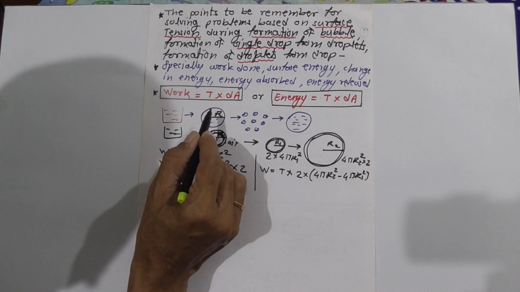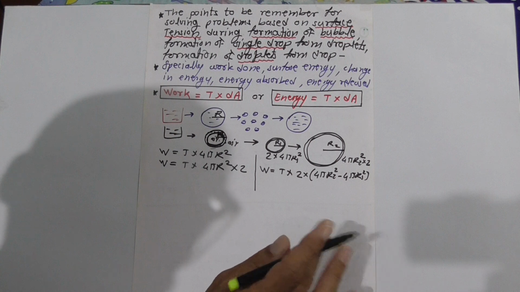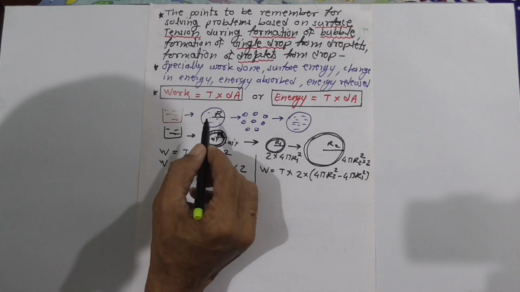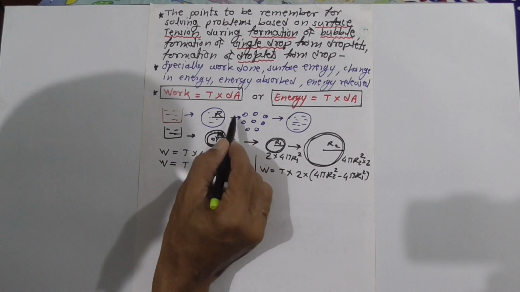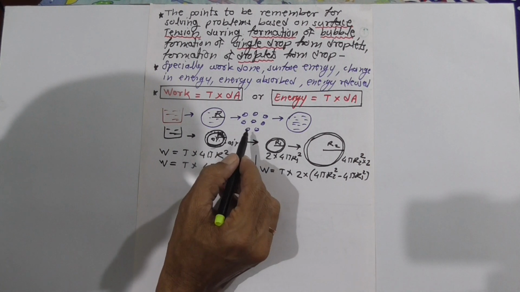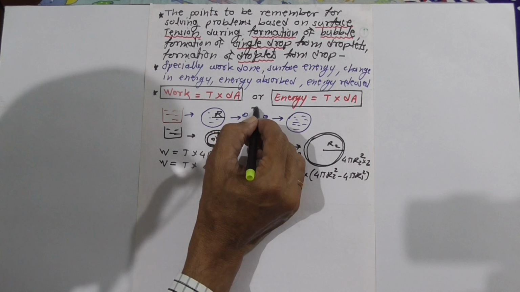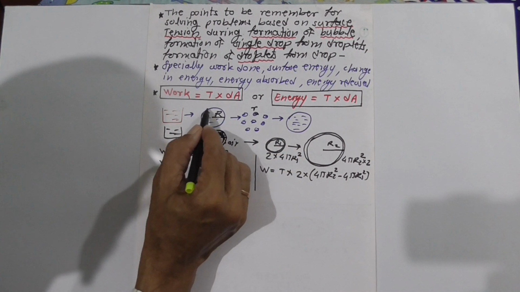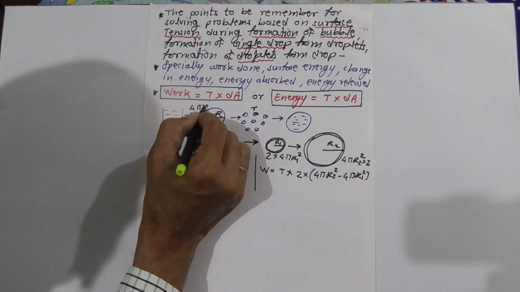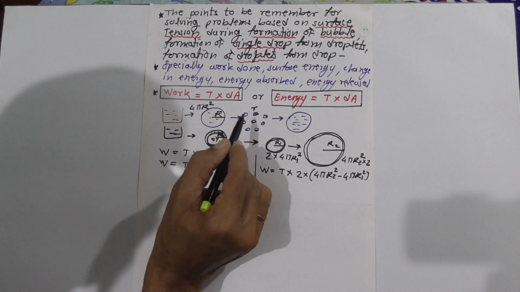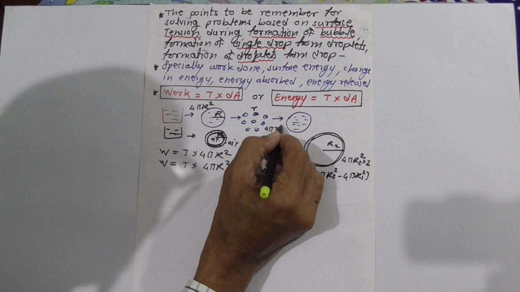So in case of this drop, because it consists of only one surface area, the outer surface area only. Now let's think about whenever you are going to convert a single drop into droplets of the same size with the same radius. If the single droplet has radius small r, then the initial surface area of the single drop is 4 pi r square, because it is a sphere.